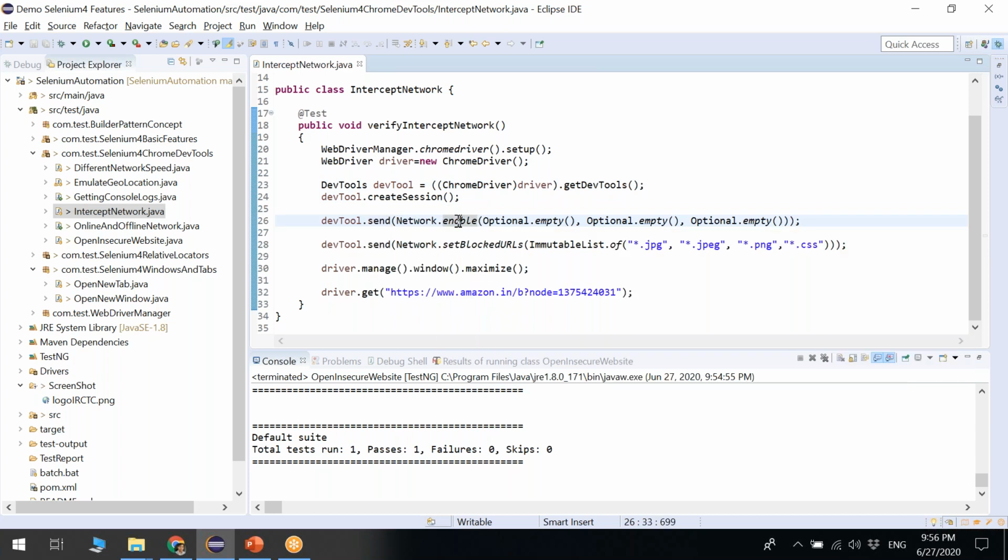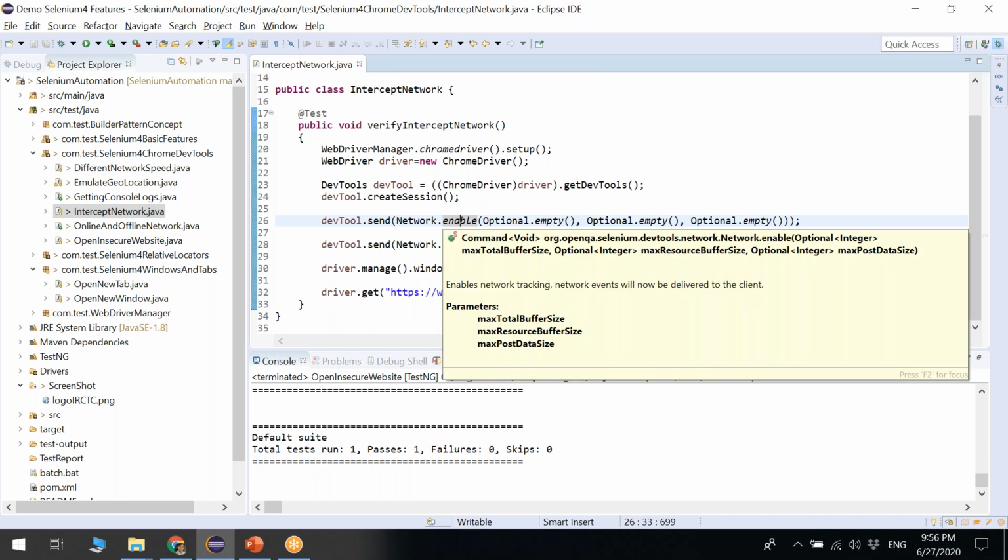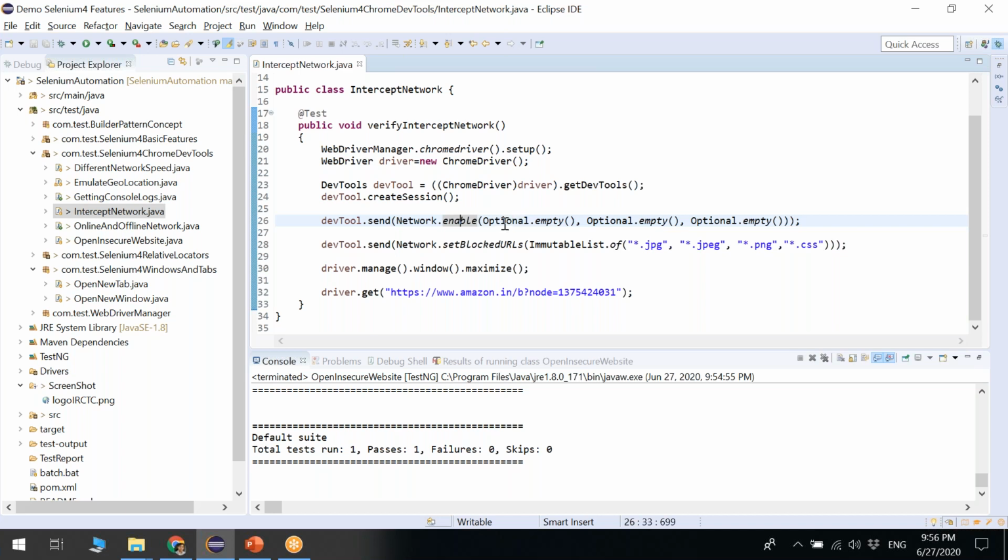When you pass enable, you have to pass three parameters: max total buffer size, max resource buffer size, and max post data size. Here I'm not passing anything, just keeping them optional. You have to pass them as type Optional, so I'm keeping all three empty: Optional.empty, Optional.empty, Optional.empty.